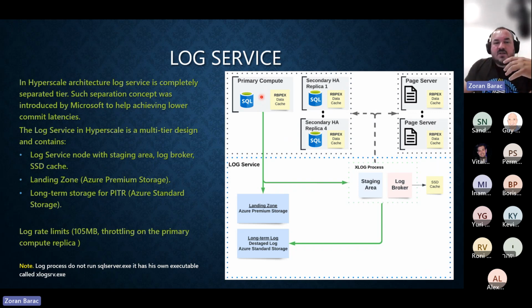In Hyperscale, the primary compute node does not communicate with the secondaries and the page servers. It communicates with the log service, and the log service is giving information to the primary node: where is the data, which page server is holding the data, and what needs to be updated on the secondary one. They all have a resilient buffer pool extension on SSDs.